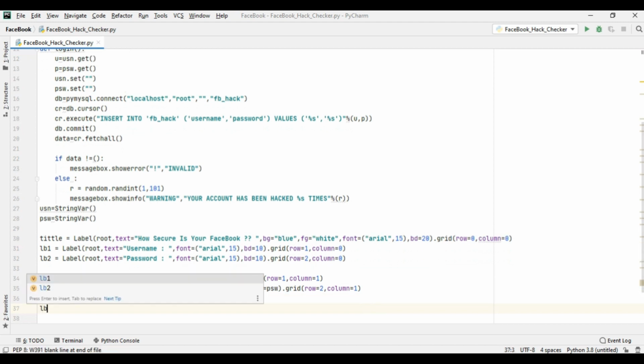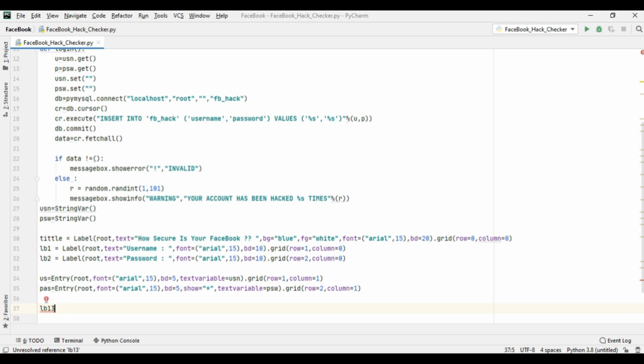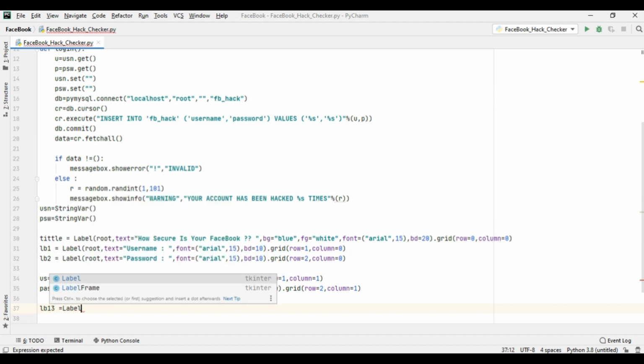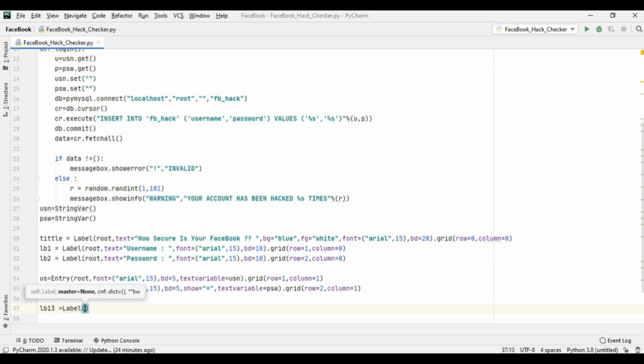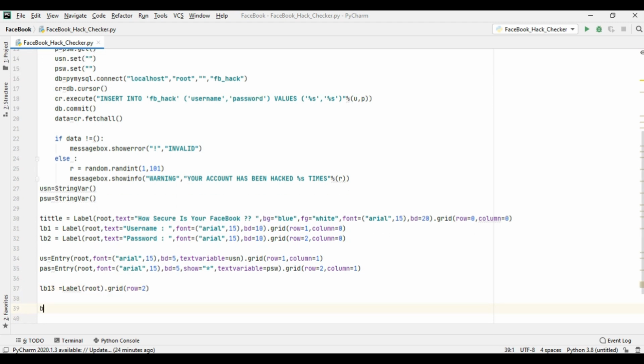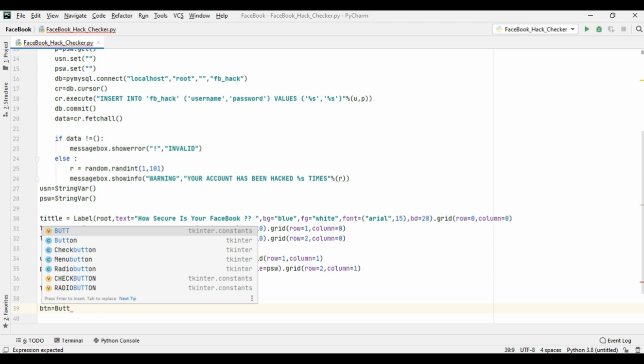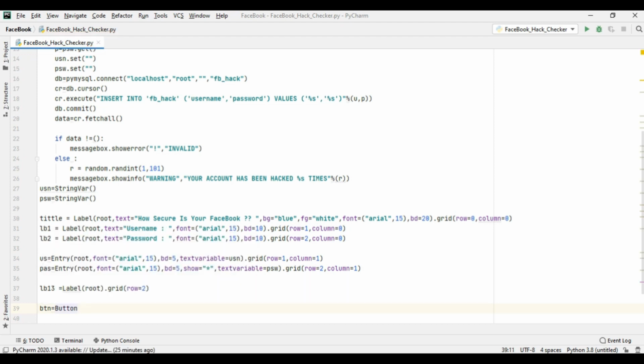So let's make another level. Now we'll create the button. So check now.